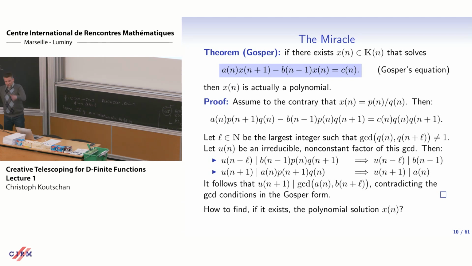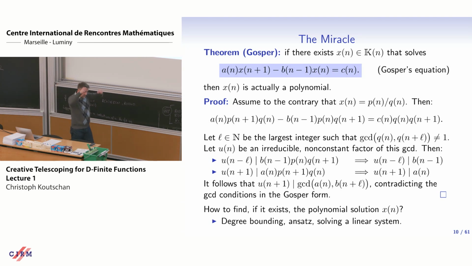So now we have proven that actually this x of n is a polynomial. Now the only question is how to find it. This is not too difficult. It is like in many cases where we find polynomial solutions. We reason that we can bound the degree of this polynomial. These are details that I don't want to explain now, but you get a degree bound, then you make an ansatz and you solve a linear system. And either this linear system has a solution, then you have solved this summation problem, or it does not have a solution,